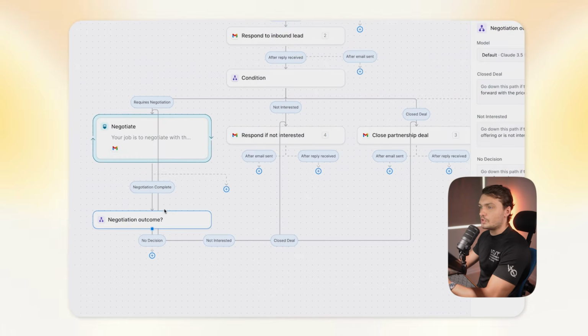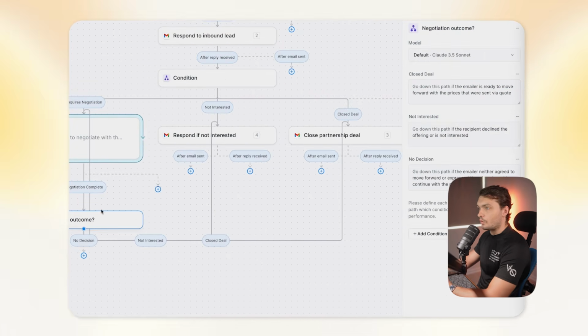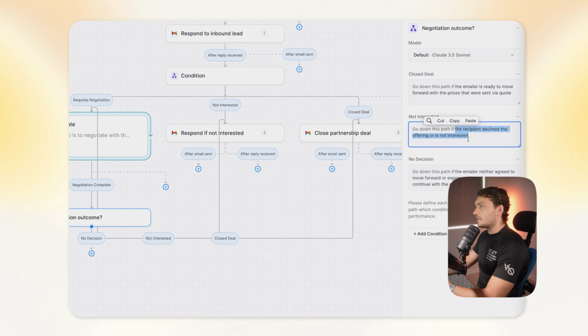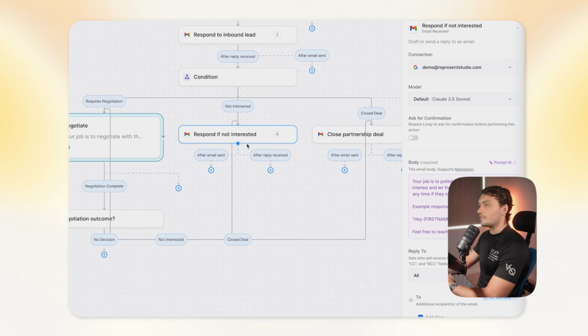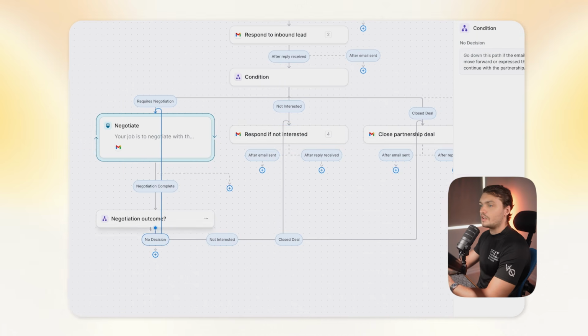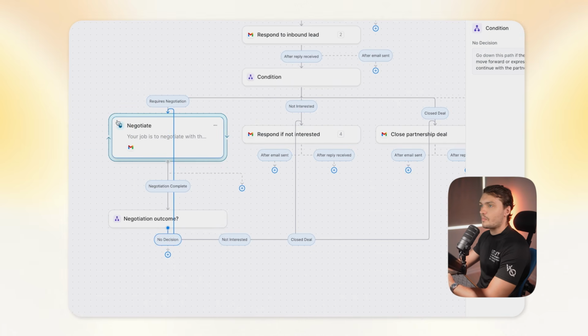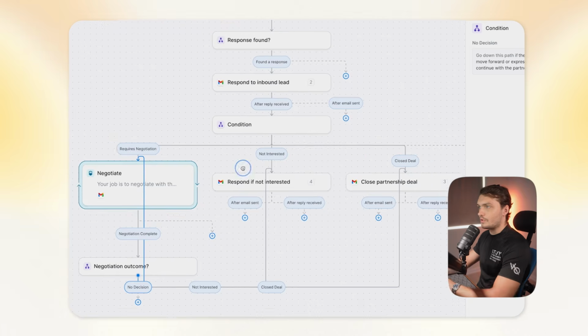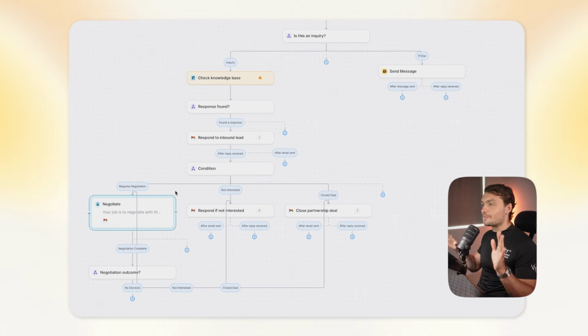Then add another condition module where if they're ready to move forward, you can send them here to the closed partnership deal. If they've declined, they're not interested, send them once again here to the response that we created for not interested. And then if no decision has been made, you send them back to the AI agent to continue the negotiations. Once you set all of this up, the AI agent will be able to negotiate emails on your